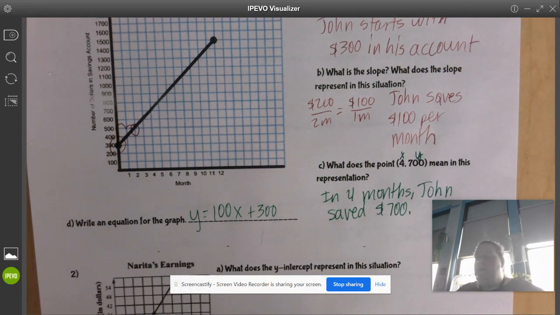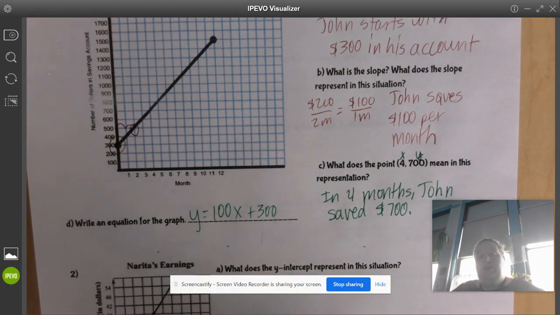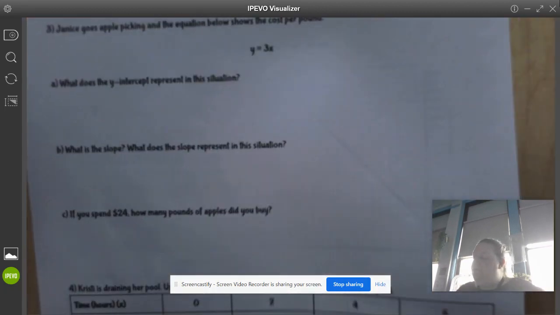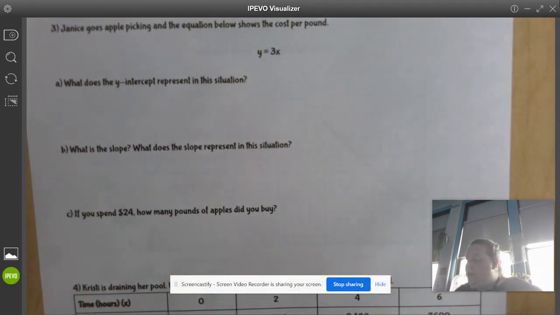So in this problem, we analyze the y-intercept, the slope, a specific point, and we wrote an equation. You can definitely expect to see this on your test. There will definitely be a graph. I'm going to skip this next graph, and I want to flip to the back and talk about this equation